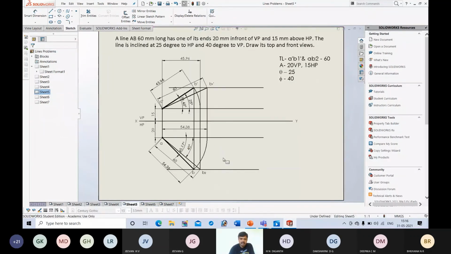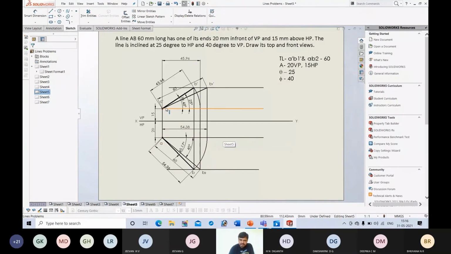So again, go back to the previous solution. Okay, so this is the top view. Now we are able to get this point. Okay, what is its use? Now we can see the front view. Okay, so A dash B1 dash is the true length. Okay, this true length, this point B1 dash should come on this vertical line, and this vertical line is drawn from the point of top view on locus of A.